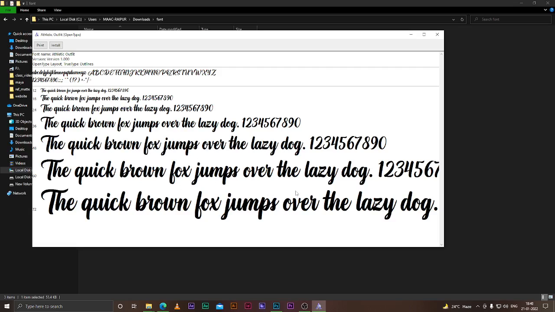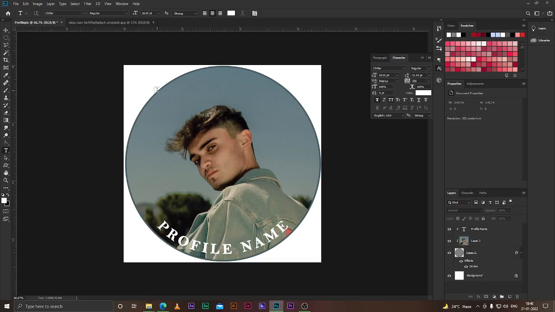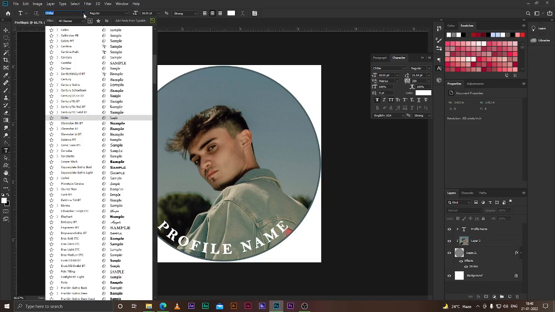The best thing about this text is the quick brown fox jumps over the lazy dog, all the words. So they actually use that for font creation. So you can install that directly, and you have installed it. It will take a moment and it is installed. Now just remember the name, athletic outfit, and you can use it on any software.